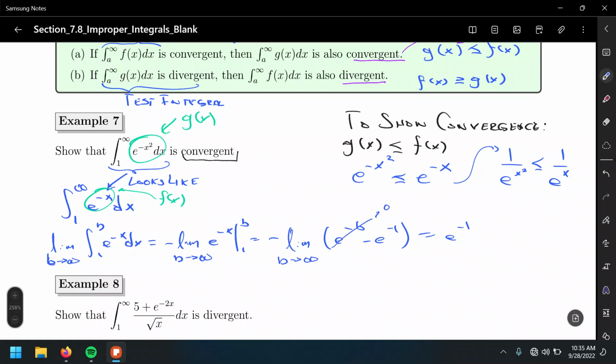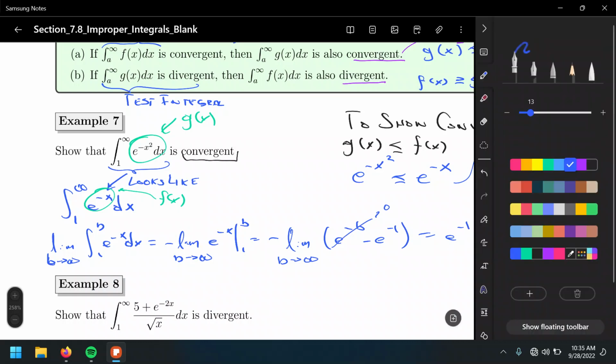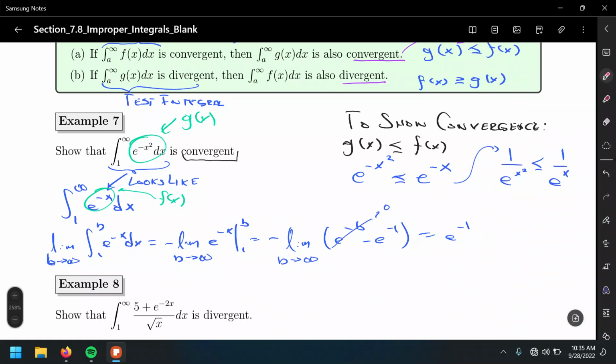In this case, we need to show that tiny is less than or equal to small. So that's how we're going to compare integrals that converge, and to show that something like this integral is also convergent. And the reason why we're using this comparison test rather,